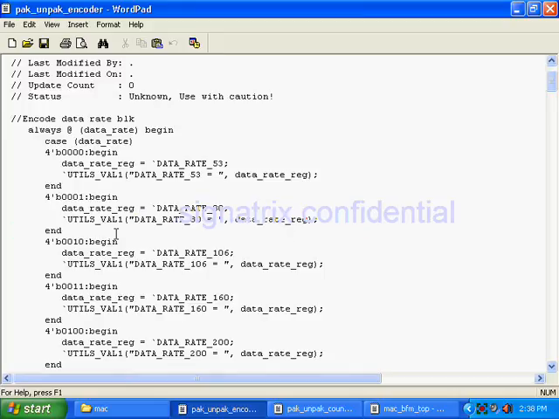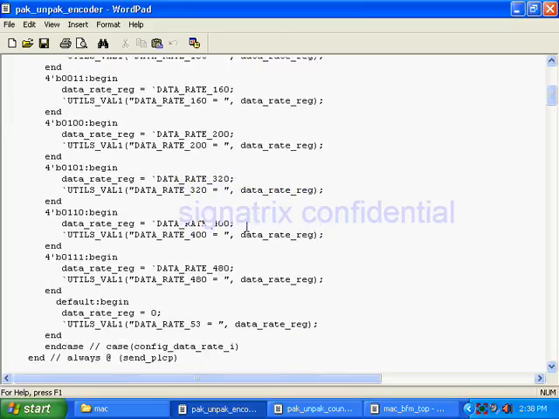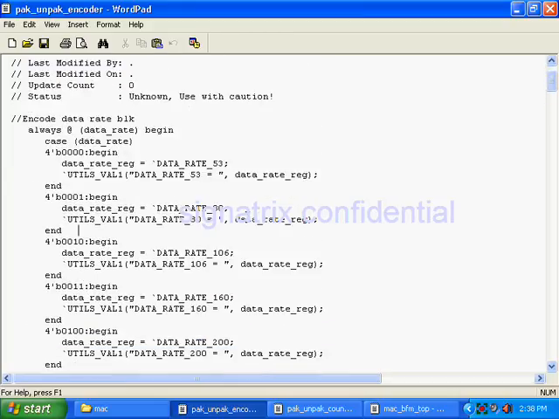Getting it? So this is the way to configure. Different data rates are there, but remember one thing always: different data rates are only available in data transfer, not in control transfer. When you are going with control transfer, you have to go with the minimum data rate, that is 53 megabits per second. That means 0000. So it's clear. This is the way you should encode.